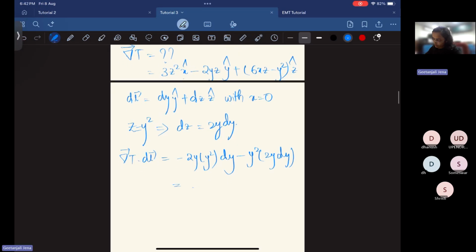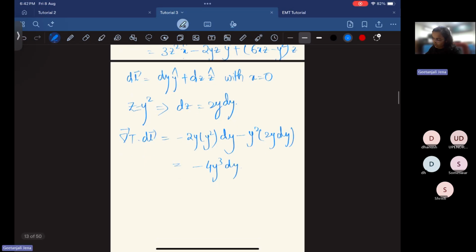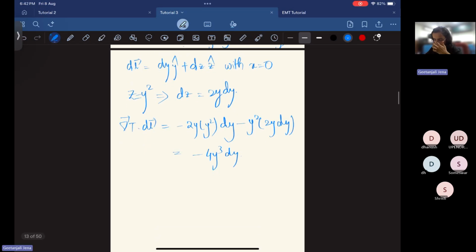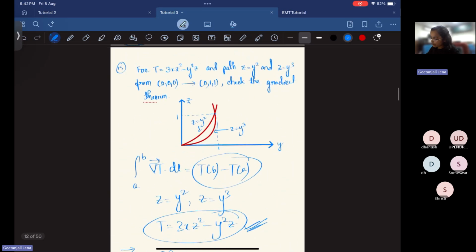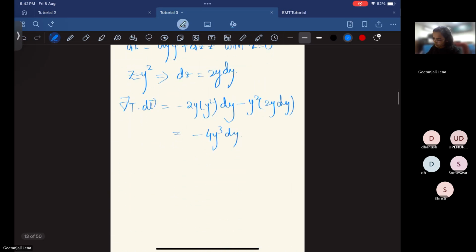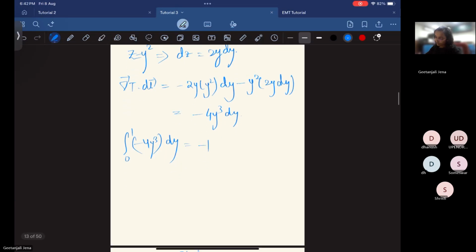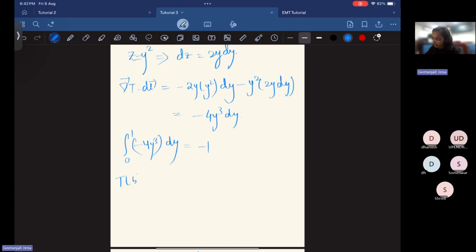So which is nothing but 4 y q dy. Now when you take the integration from a to b, the limit for y is 0 to 1. So this will give the integral from 0 to 1 of 4 y q dy. This will give minus 1. And t b minus t a is,